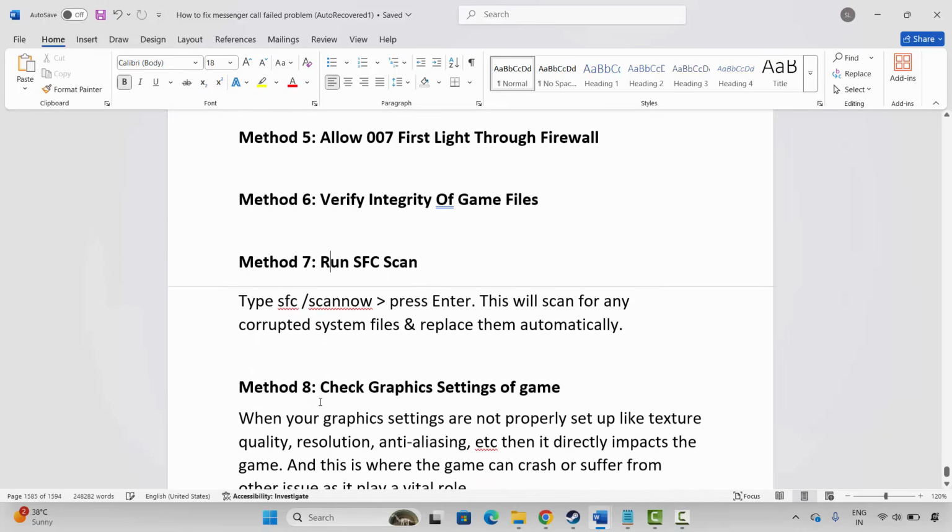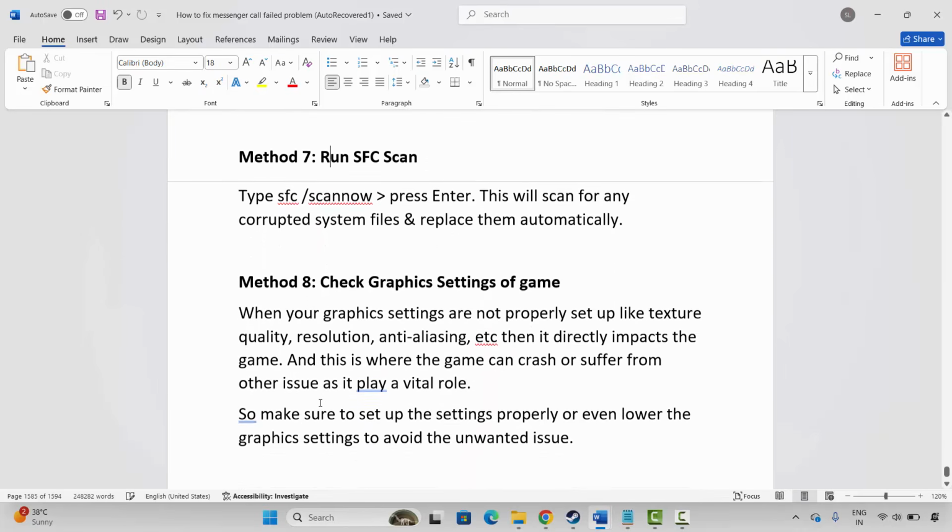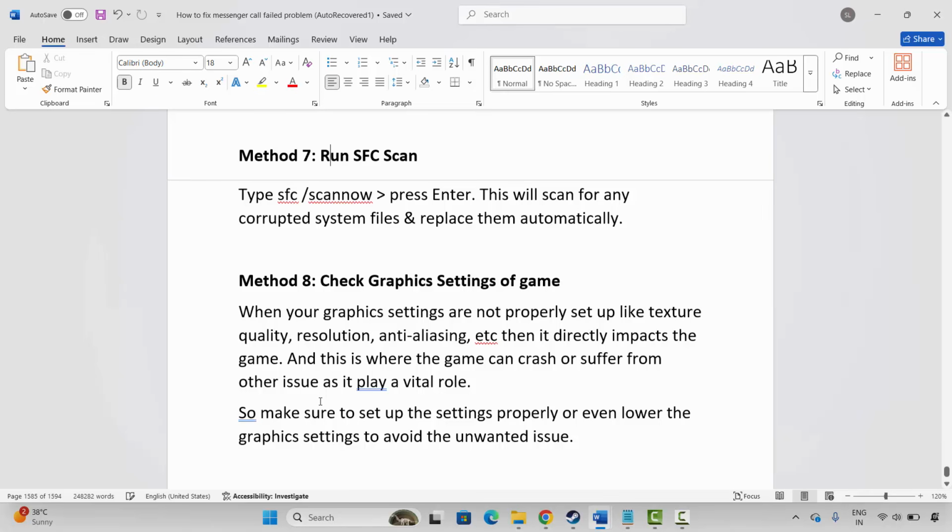Next is check graphics settings of the game. So if you are able to log into the game but still it crashes, then you can check the graphics settings of the game, because most of the time the graphics settings are not properly set up, like texture quality, resolution, anti-aliasing, etc. Then it directly impacts the game, and this is where the game can crash or suffer from other issues. So make sure to set up the settings properly, or even lower the graphics settings to avoid any